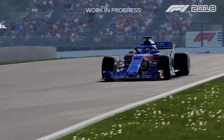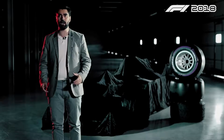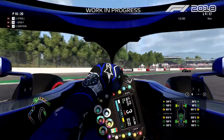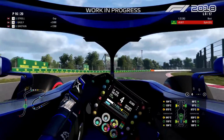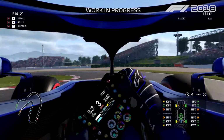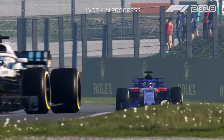To choose which one is the most important, most advanced, it's quite hard, but I would say probably the system of how we simulate the tire temperature. In F1 2018, it will be the first time in an F1 game that the tire temperature not only will be coming from the tire surface, but it will also have tire carcass temperature, and that together with the tire surface temperature and the heat coming from the brake means that the player will have to carefully take care of the